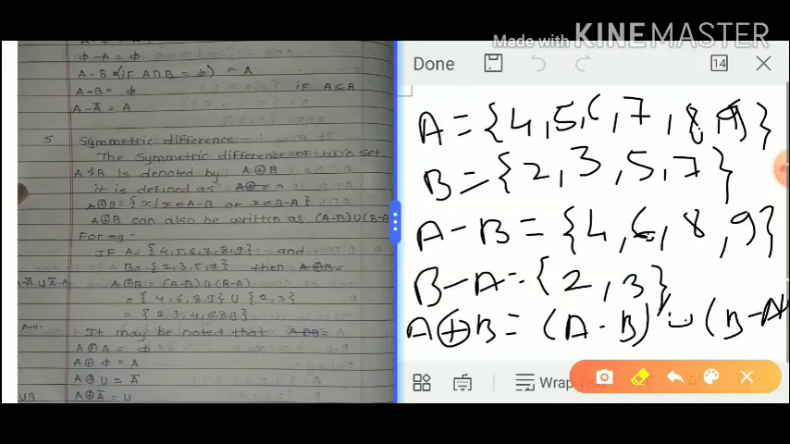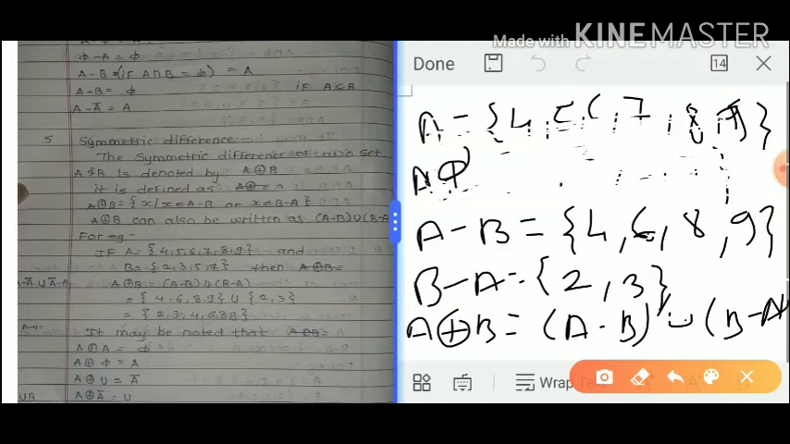Okay, so now how do we find the symmetric difference of two sets? It is the union of A minus B and B minus A. So now here, A symmetric difference B equals